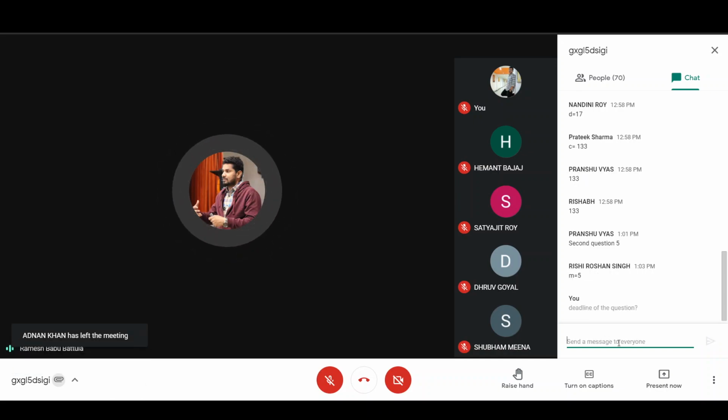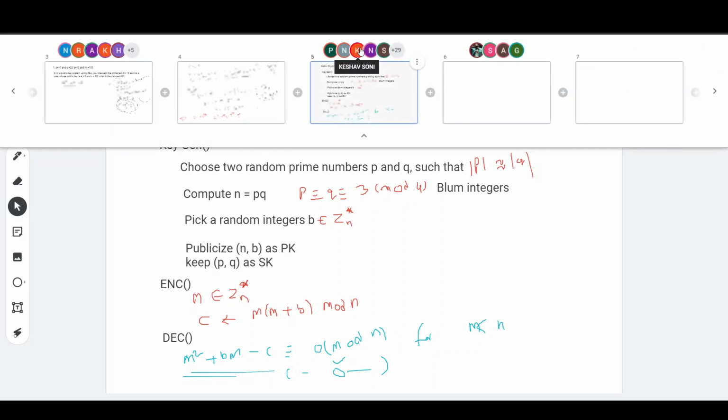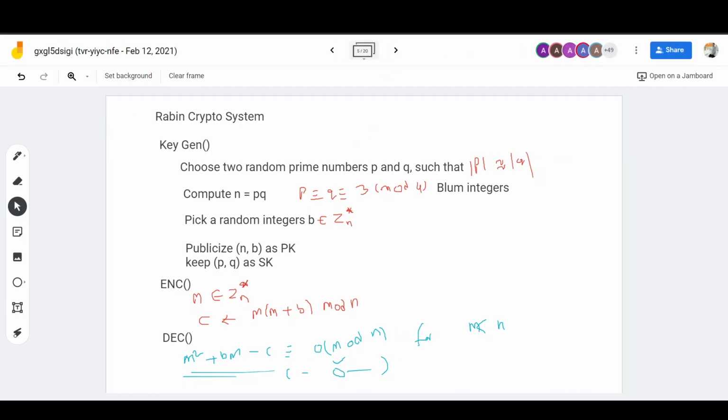Shall I conduct it now, or next day? One thing I will do: I will give you assignments. I will release assignments one by one for your midterm examination, so that you try to solve different types of problems. I will give 3-4 assignments at a time. You try to solve and upload them. So I won't take the quiz today. I will post some assignments today or tomorrow, if possible.